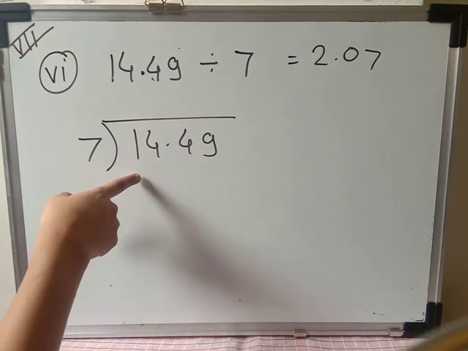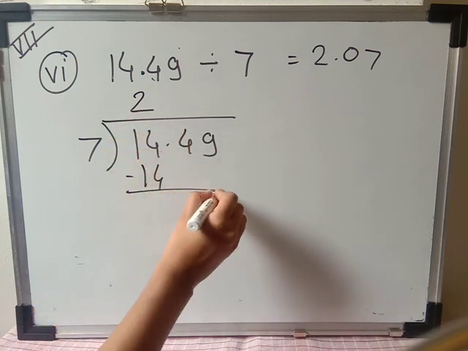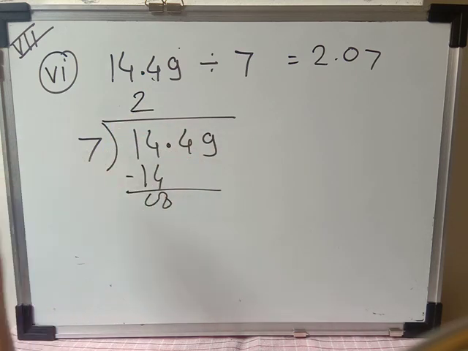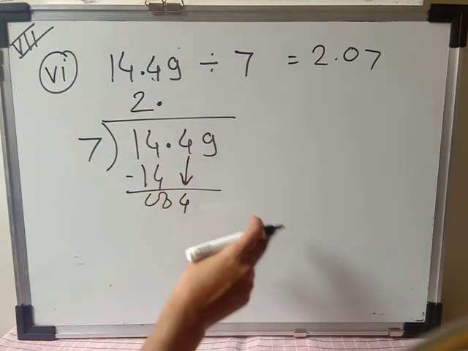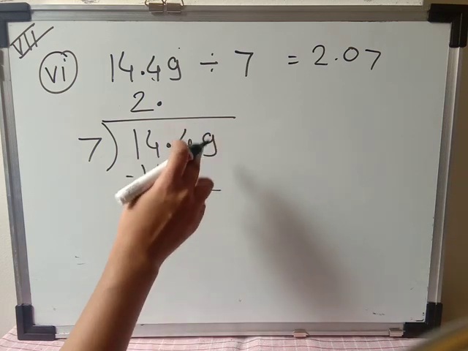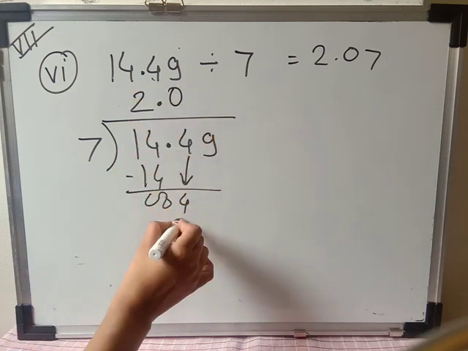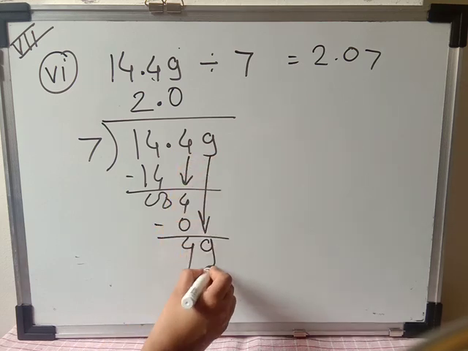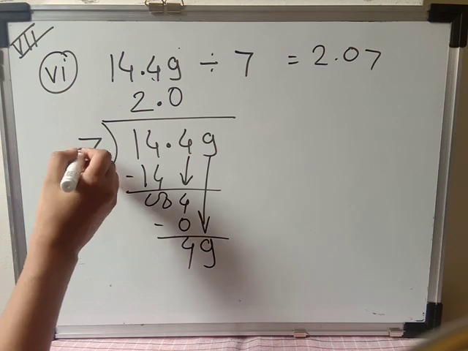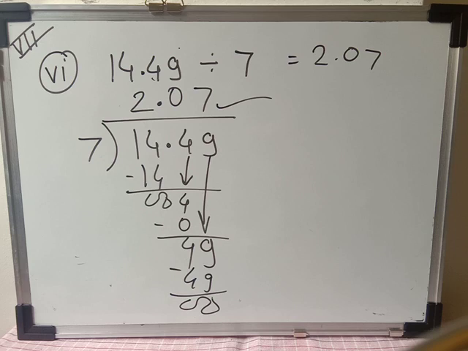Okay, so I am going to divide this number directly with the 7. So here 7 2s are 14. 0, 0. Here before the decimal all numbers we have done their division, so put the decimal. Take 4 down. Just now I said don't take both the numbers down at a time, so you have to take 1 1. Again we can't divide the 4 with the 7 because 4 is less than 7, so divide with the 0. And 0 minus 4, that is 4. Take 9 down. 49 is here, and 7 7s are 49. See student, we got the same answer, that is 2.07. So both ways you can do the division.